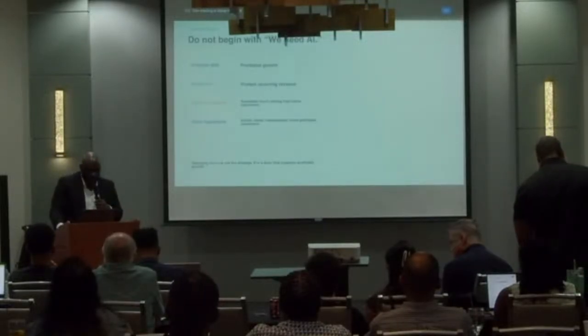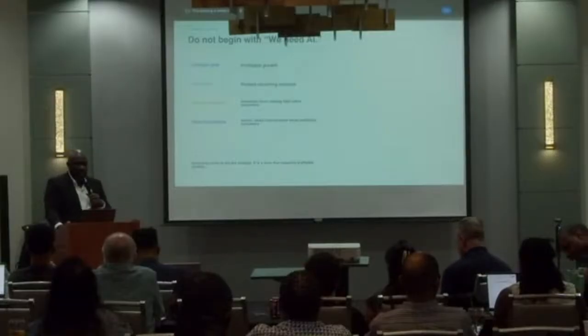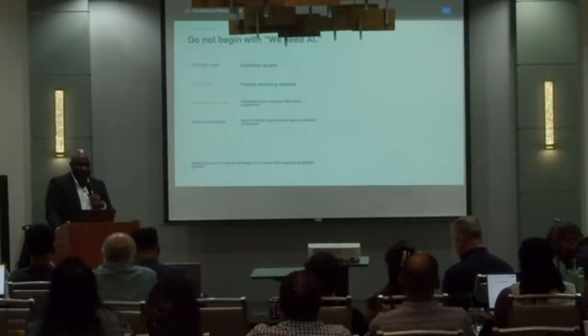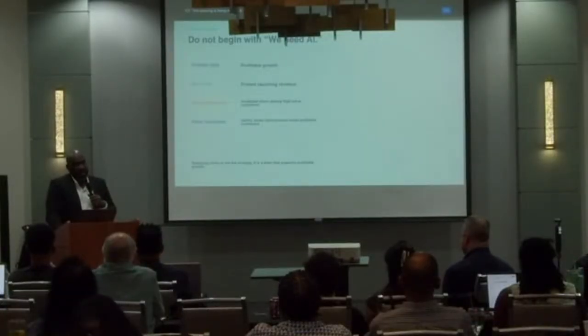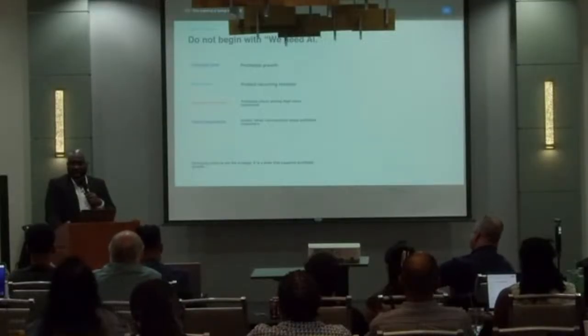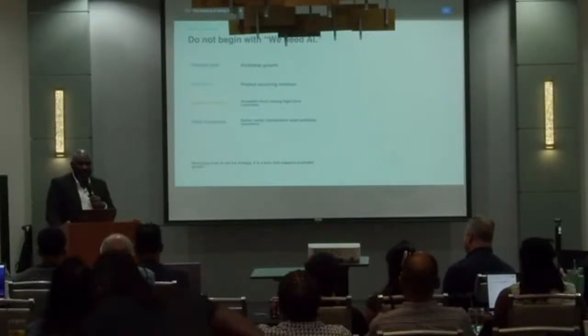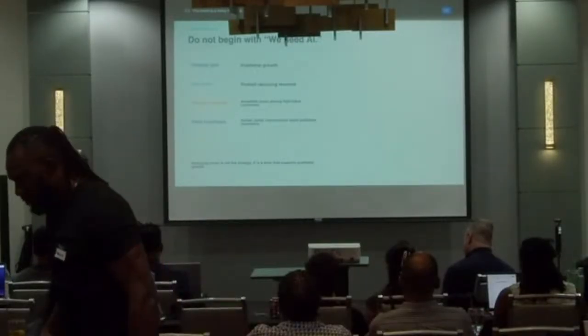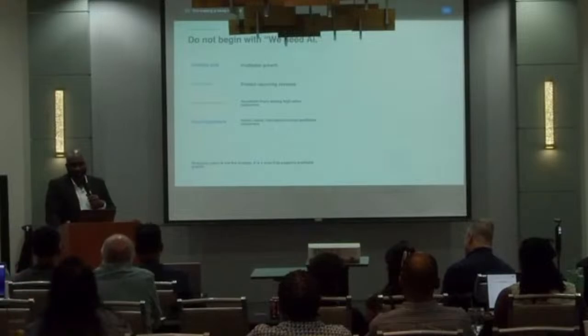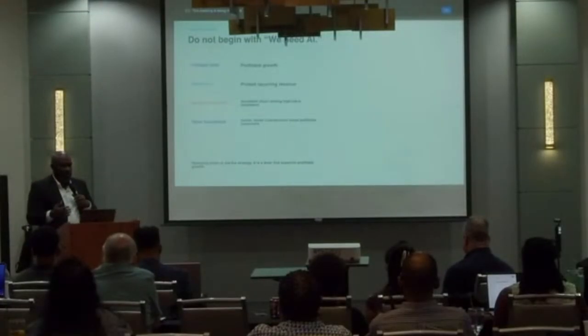Okay, so do not begin with, we need AI. I think that is one of the mistakes that you can make in your mind. It's not every problem that needs AI. I hear that most companies now, when they set up interviews for AI engineers or AI architects, like to ask, what would you use AI for, and what would you not use AI for? If it's not broken, the word is, don't fix it. Don't add another layer and cost, because AI comes at a cost. So if you don't need AI to fix it, don't use AI. You need to really check your workflows and be sure that this is where you need AI before you deploy it.